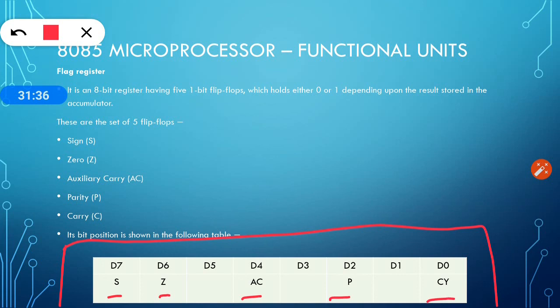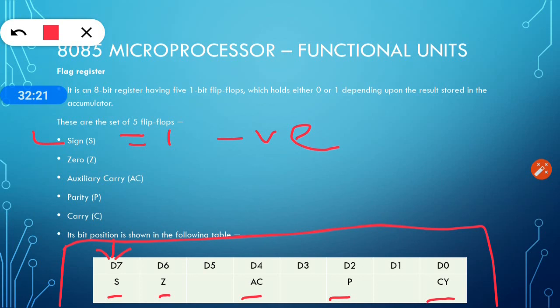So now we know that we can get different types of results at the output of the arithmetic and logic unit, right? So this S bit indicates, here you can see that it is the sign flag, right? Sign flag means if the output of the ALU is negative, then the output is 1, otherwise it is 0. So if the result of the operation is positive, this D7 sign bit becomes 0, and if the output is negative, then the sign flag becomes 1, right?